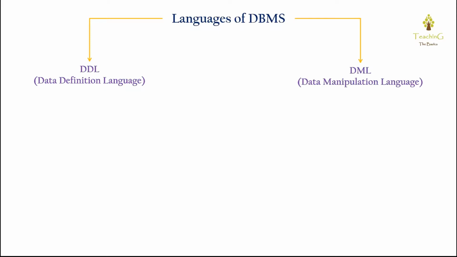So in database languages, we can subdivide these database languages or DBMS languages into two subcategories. One is DDL, that is data definition language, and the other one is DML, that is data manipulation language. Now the DDL, just like any other programming language, gets an input and generates some output, and the output of the DDL is placed in the data dictionary, and we all know that this data dictionary contains metadata, that